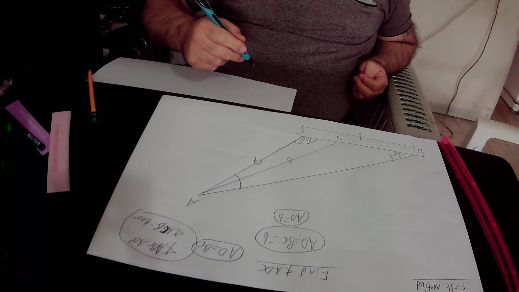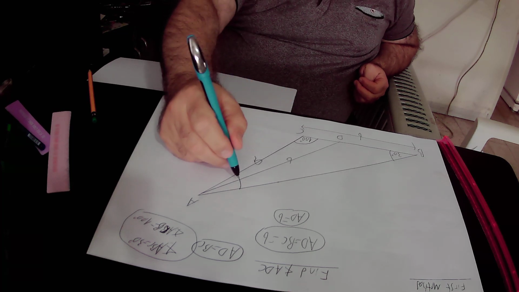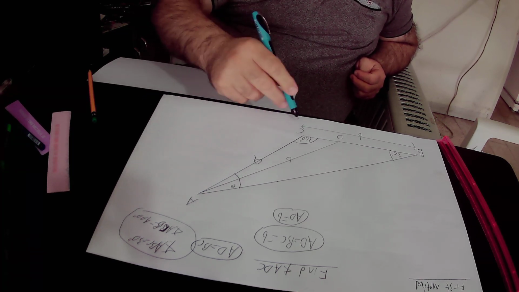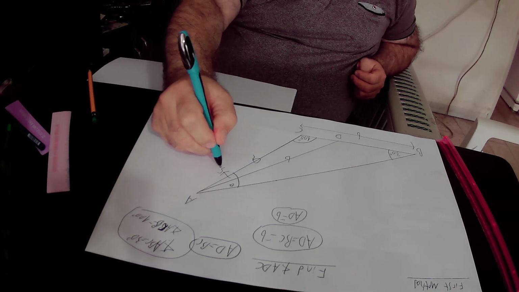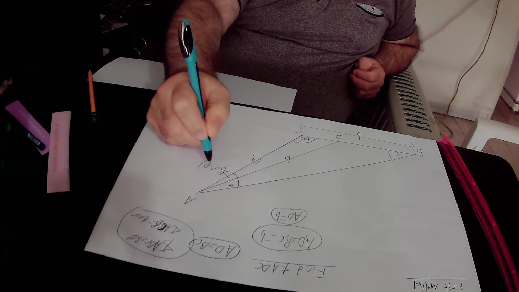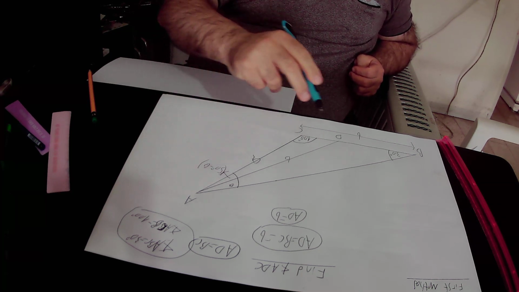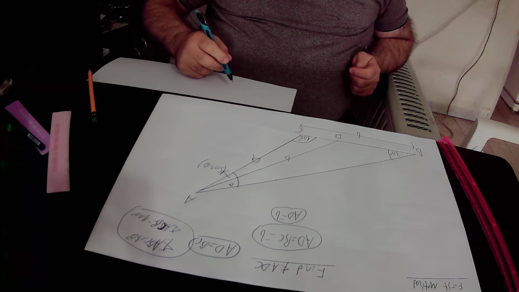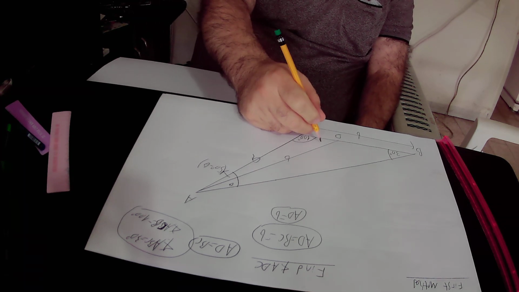So if we define angle BAD as theta, then angle DAC must be equal to 50 degrees minus theta, because the sum of those two angles must be equal to 50 degrees. So angle DAC equals 50 degrees minus theta. So if we define this angle as angle Y,